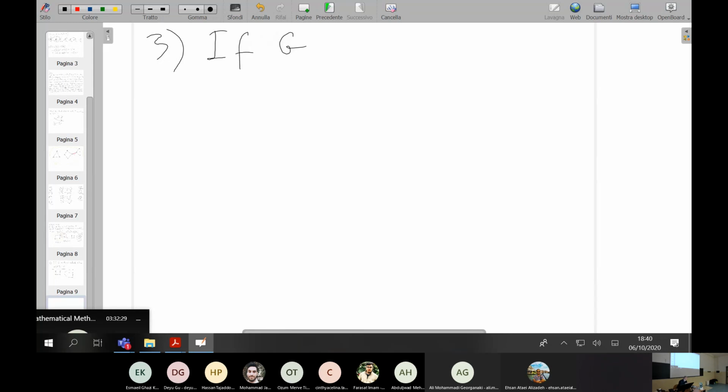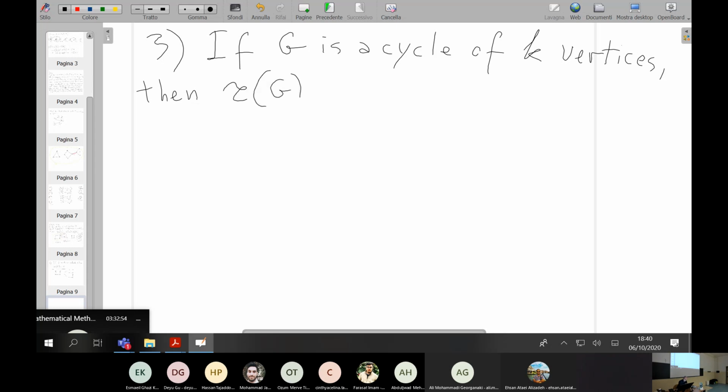If G is a cycle of K vertices and edges, K edges, tau of G equals K,